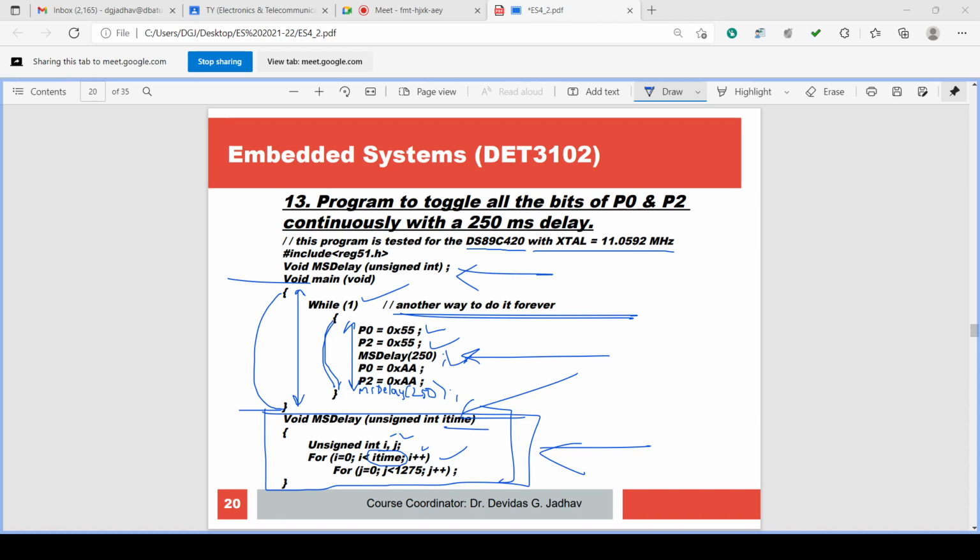This is due to our persistence of vision. To observe the output correctly, after outputting the value we should provide some delay to observe the value. That is the use of delay in the program.